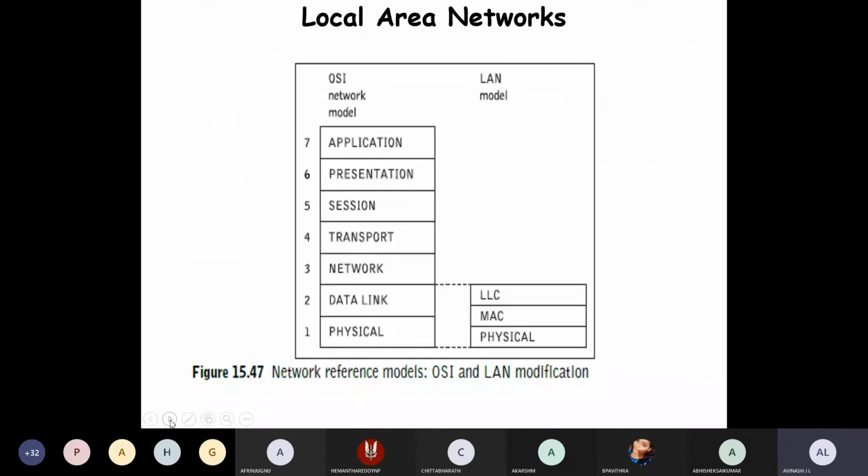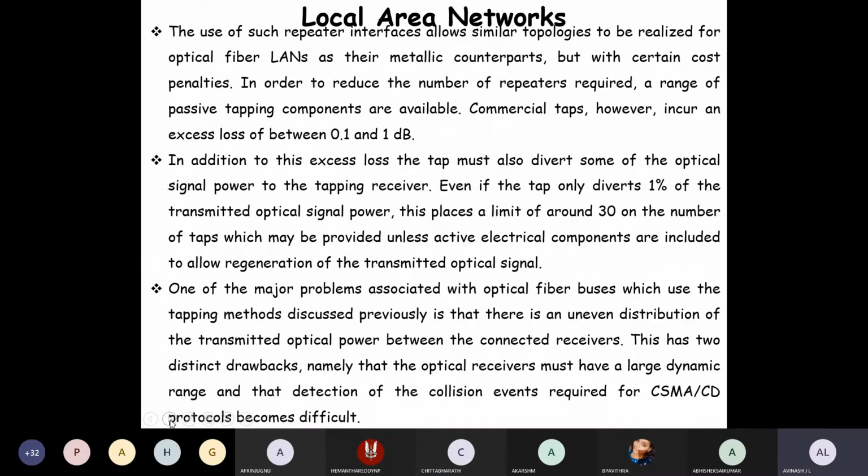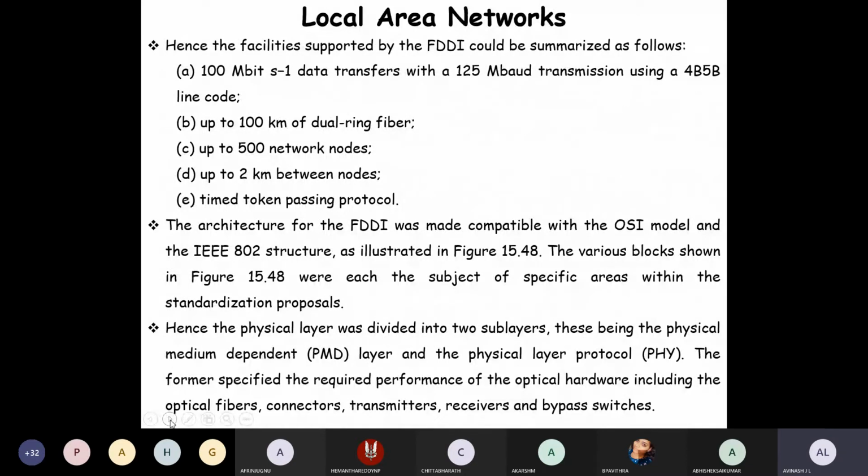Lastly, we can see the local area network. In the local area network, you can see the layers; it is not 5 layers, it is 7 layers, and of those we take only the first and second layers. In that, the LLC, MAC and physical layers will be present. That means the 2 layers are divided into 3 layers in the local area network. There is an explanation part of LAN, so just go through it. All things are not necessary; go through the important things, that is enough.